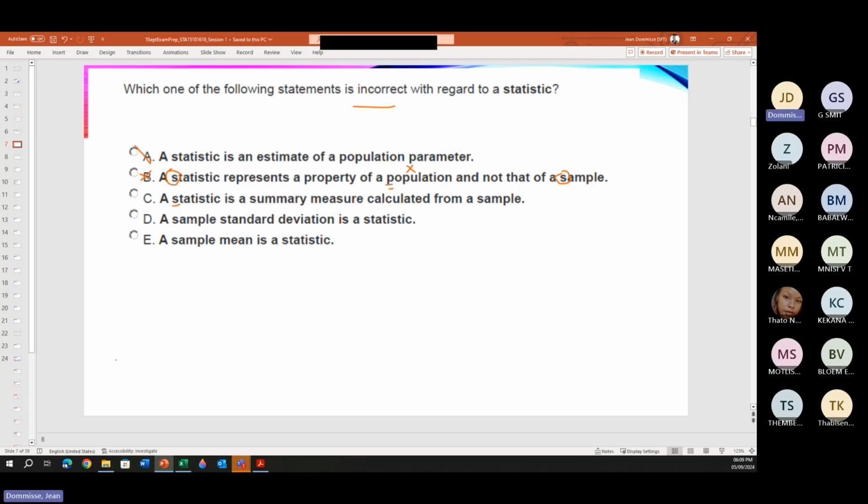A statistic is a summary measurement calculated for a sample. Correct. A sample standard deviation is a statistic. Correct. A sample mean is a statistic. Correct. Okay, so this was again a bit of a